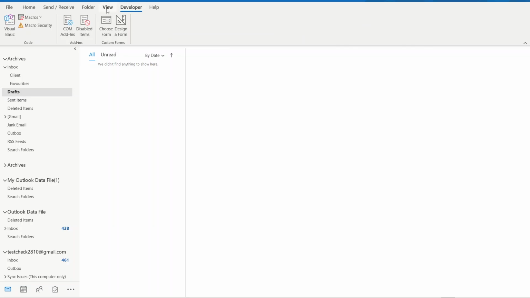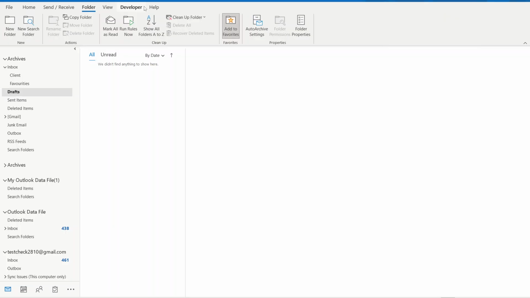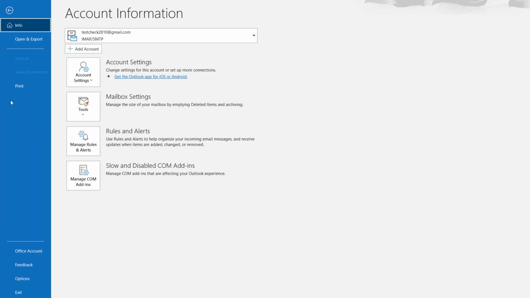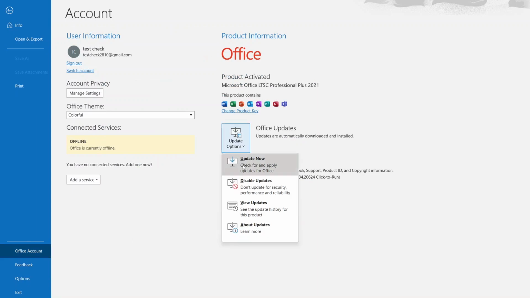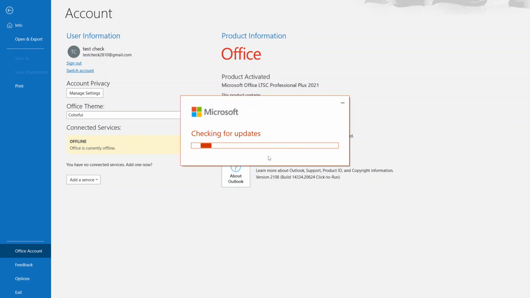With Outlook online, our next focus should be on making sure both Outlook and Office are up to date. Older software builds are notorious for creating bugs and sync issues, and keeping everything updated ensures you have the latest fixes and improvements. To do this, make your way to the File tab, and then select Office Account. Here you should see an option that says Update Options. Click on that, and then select Update Now. This will initiate an update process, making sure that your applications are current, squashing any lurking bugs that might cause